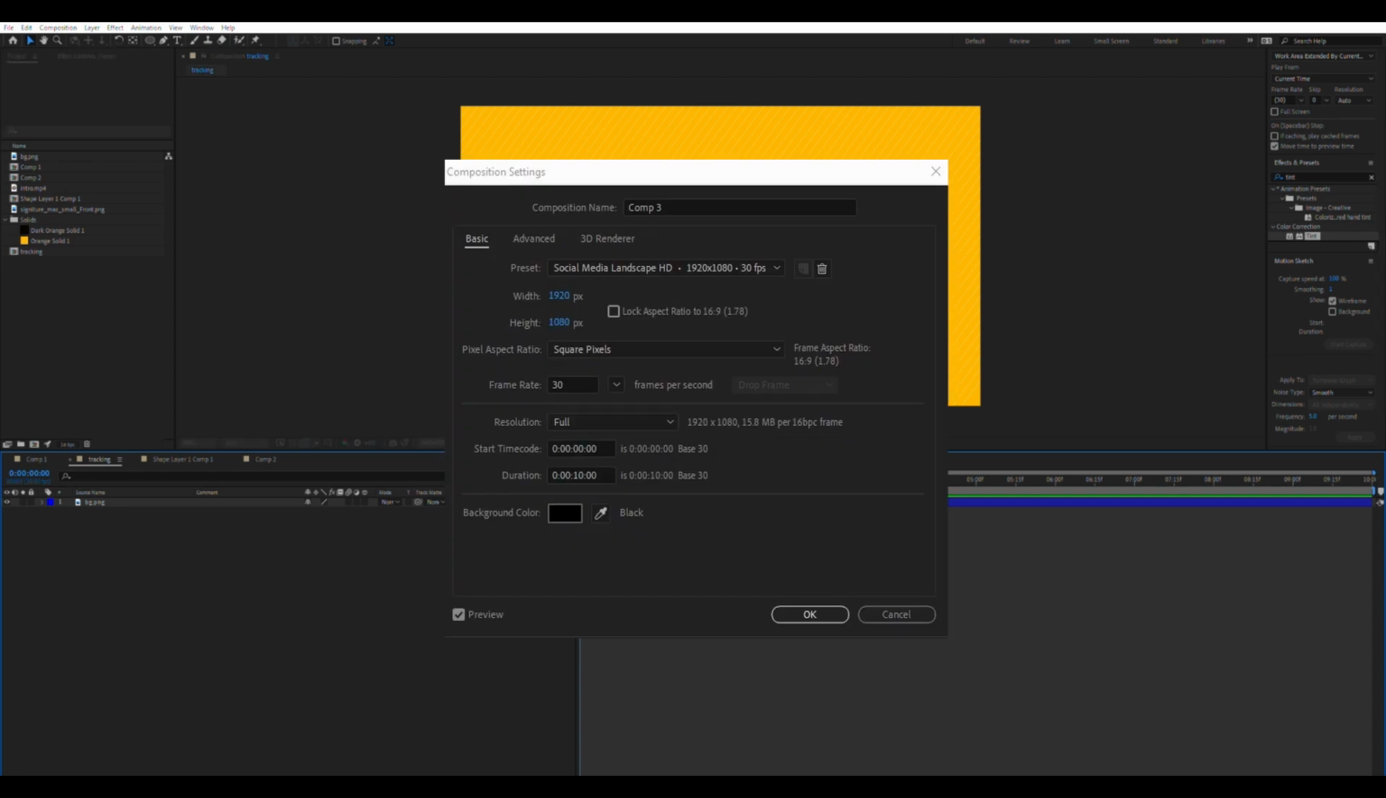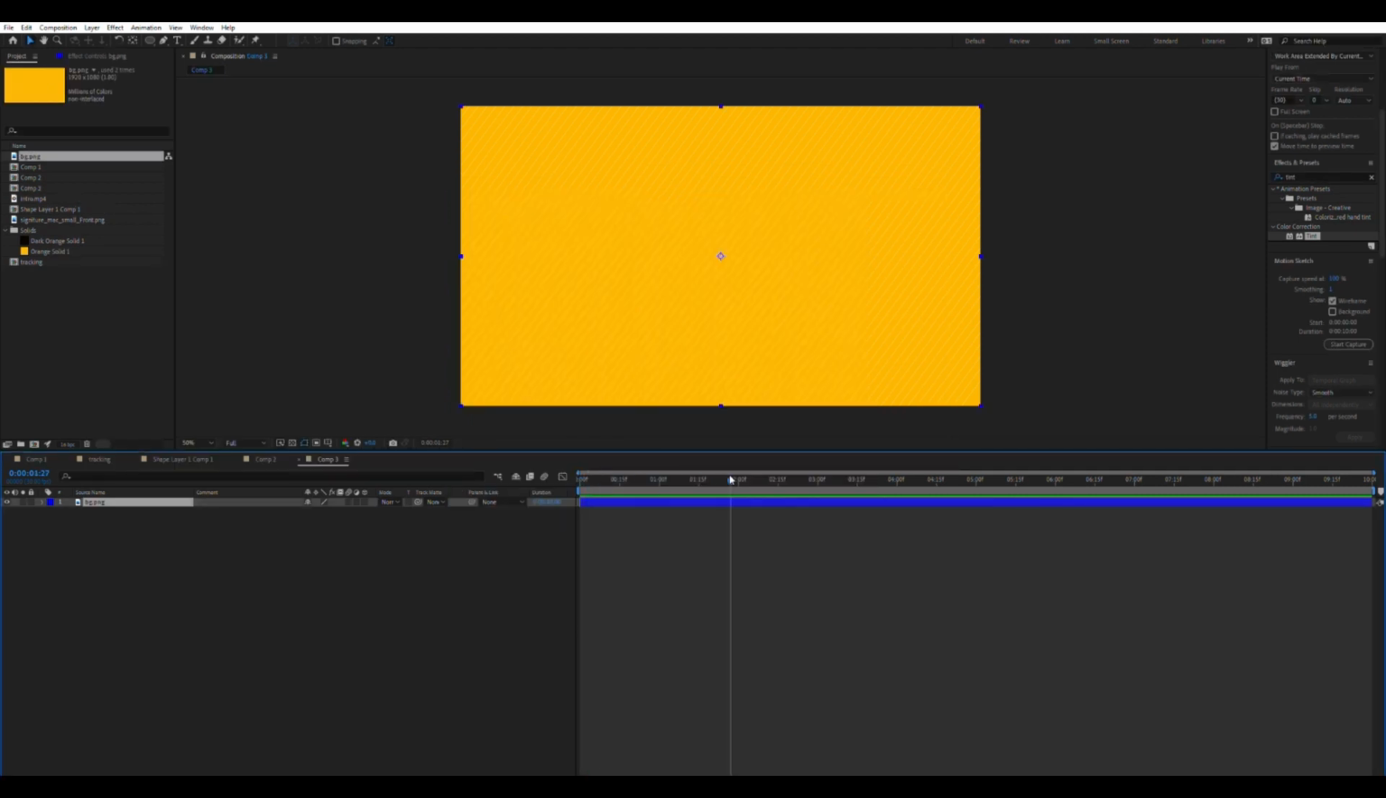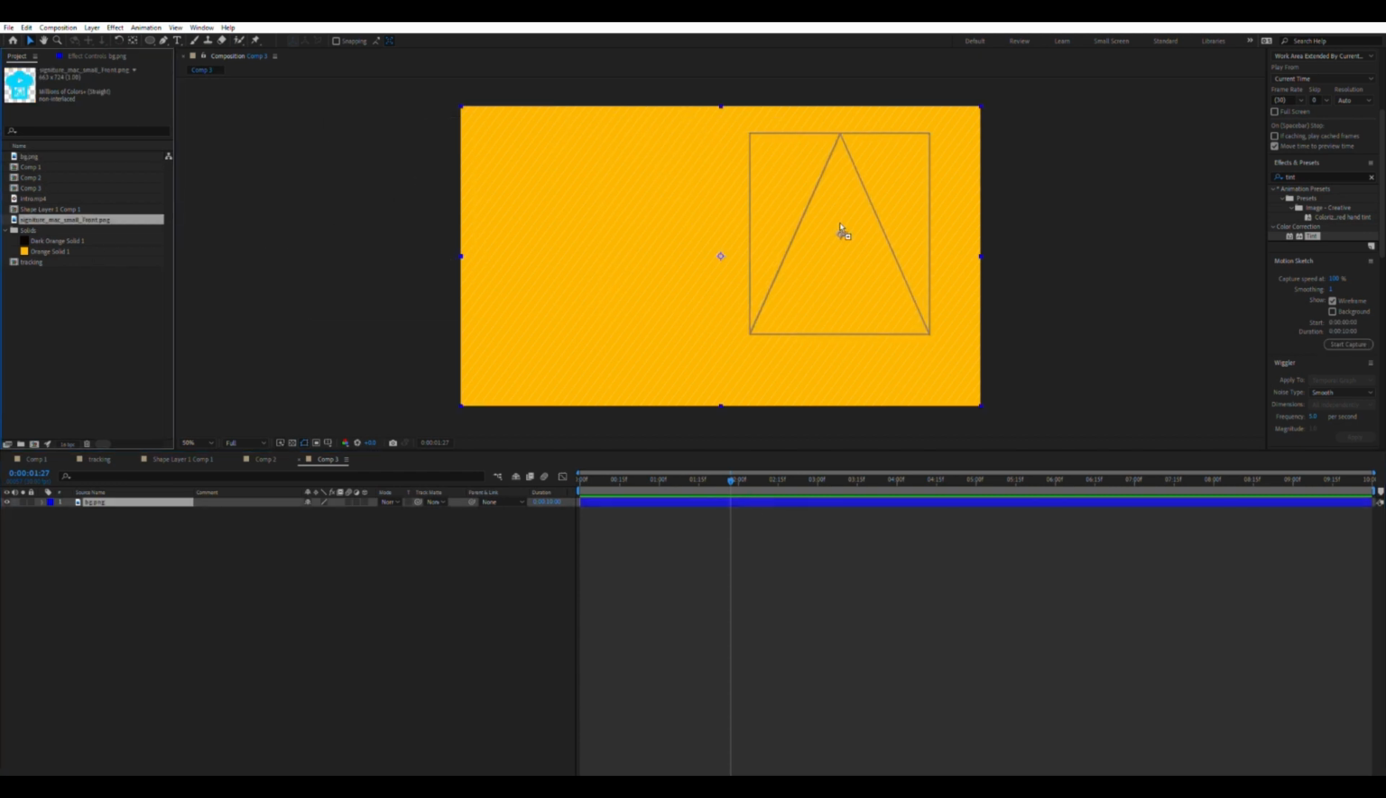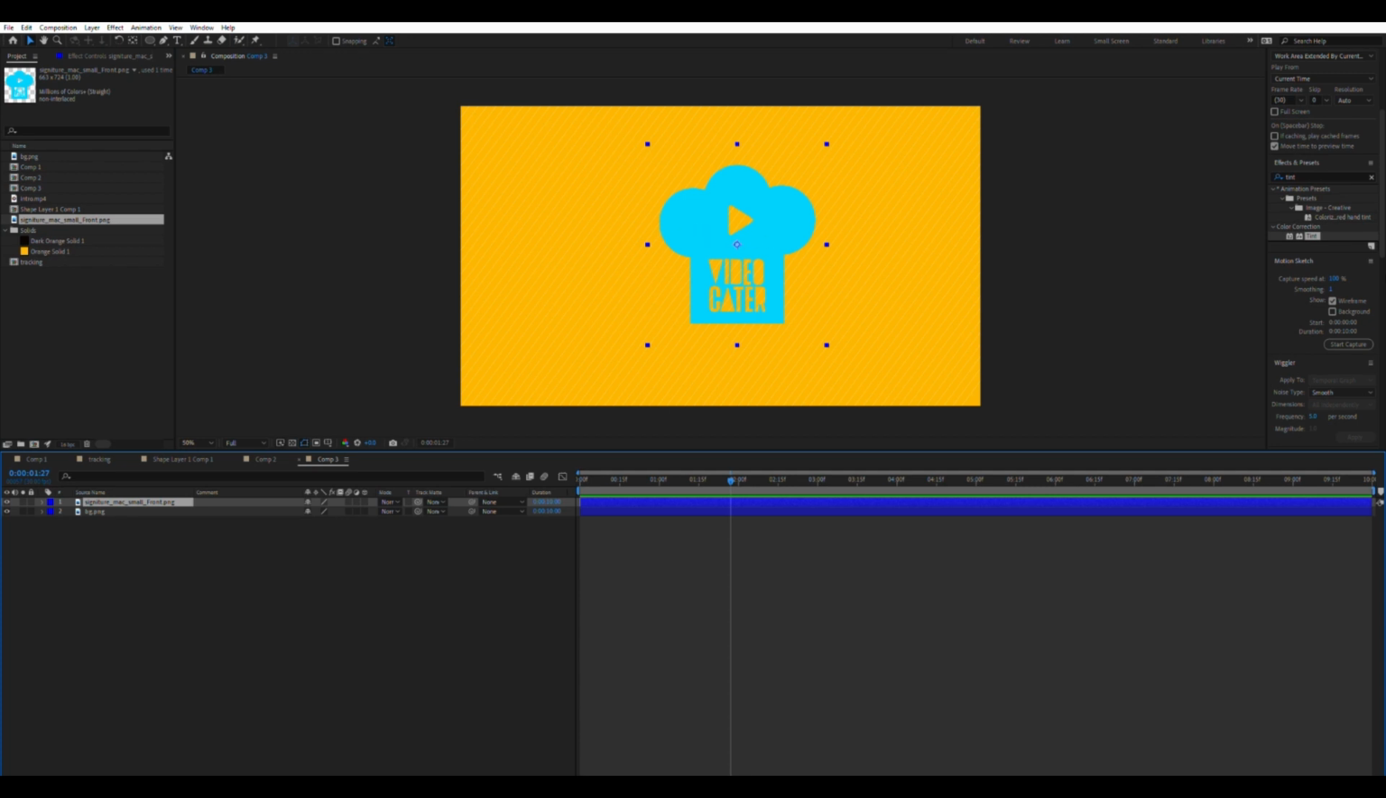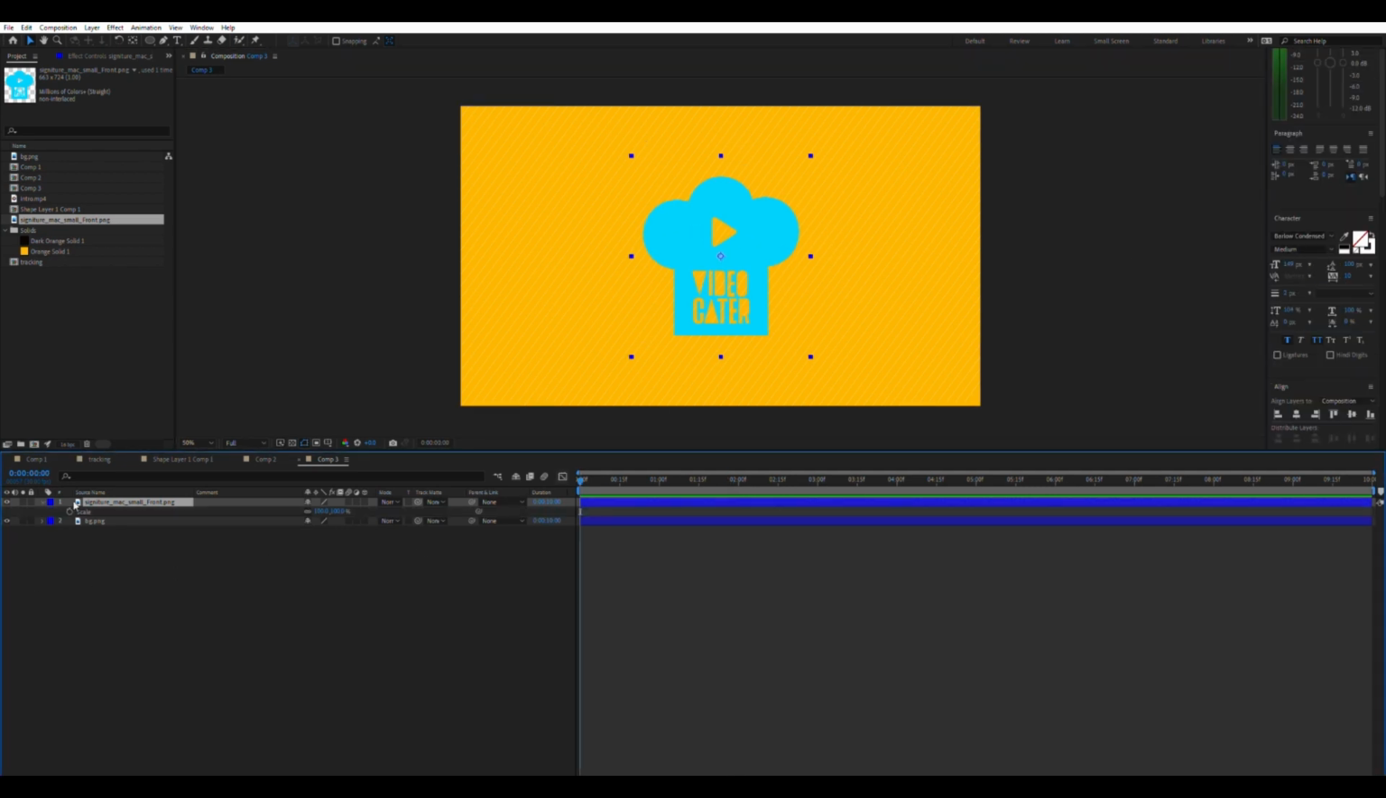So let's open a new composition, 1920 by 1080. Frame rate is gonna be 30. Bring in a yellow background, the video creator logo. Just select the logo layer and add some basic animation. Okay, let's add ease to the keyframes. Alright,